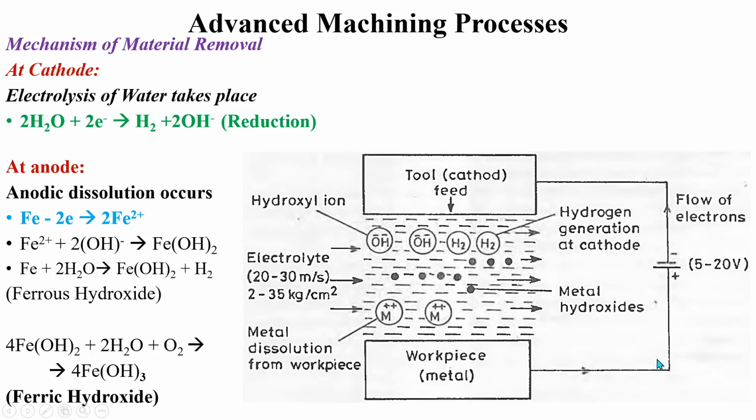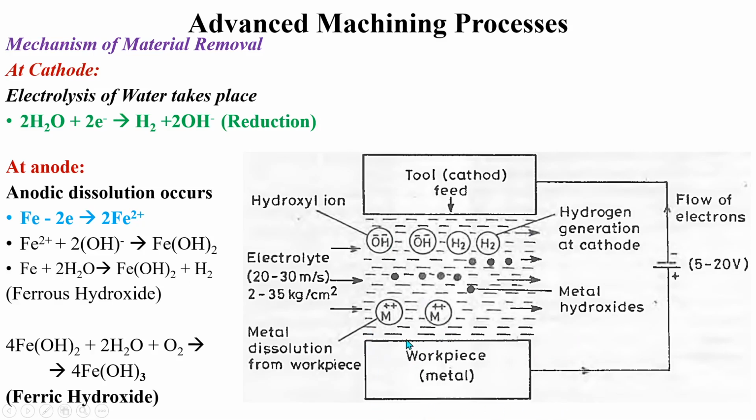So the atoms that are present at the surface will release some of their valence electrons, based upon the valency of dissolution, and dissociate from the workpiece surface to enter into the electrolyte solution. This is nothing but anodic dissolution or electrochemical dissolution. So in the electrochemical machining process, material removal is by means of atom by atom.